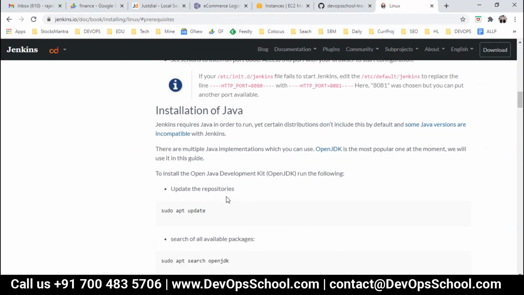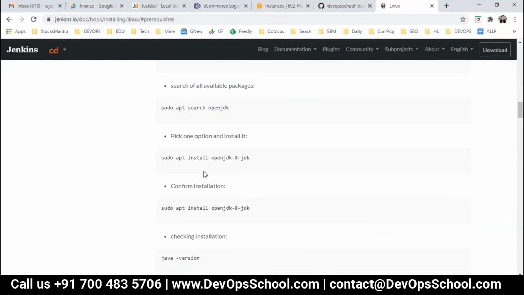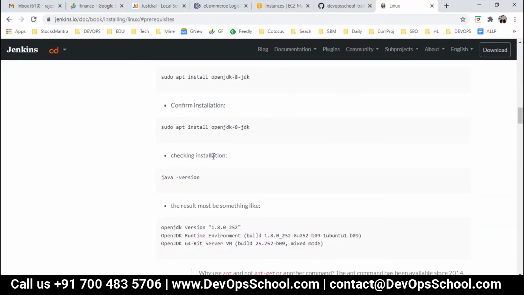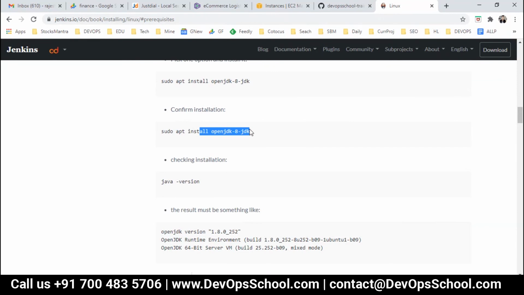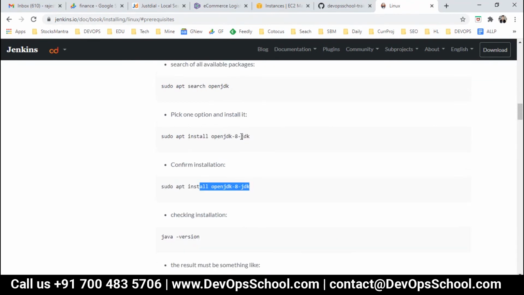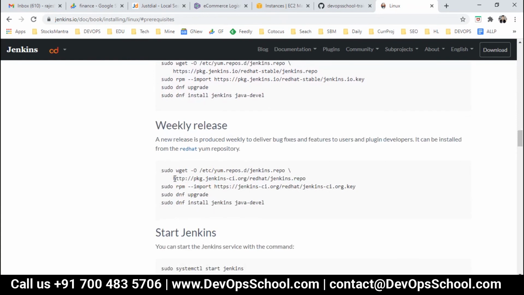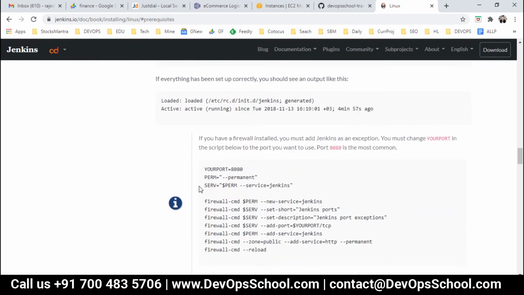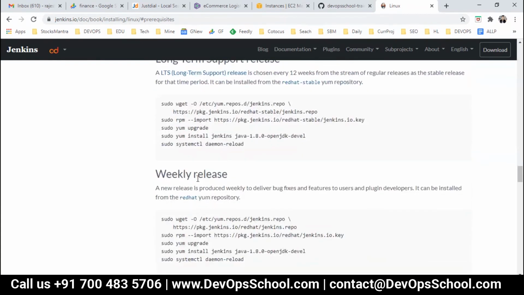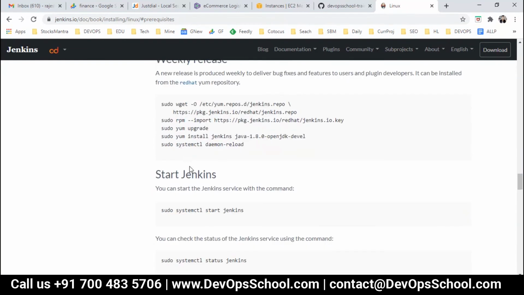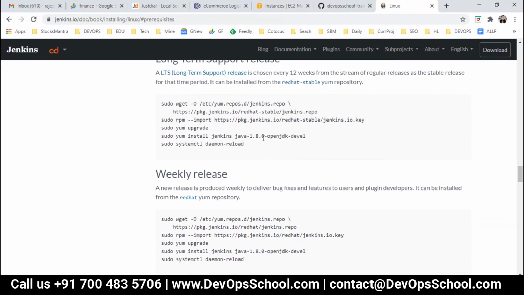For the software requirement you have Java; this is APT, basically it's 8, and yum should be somewhere here. Here it is. So here you have to install the Java JDK 8 and start the daemon.